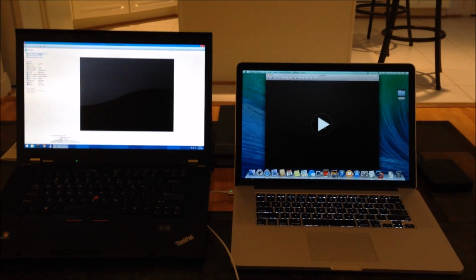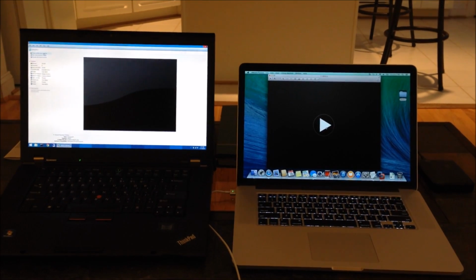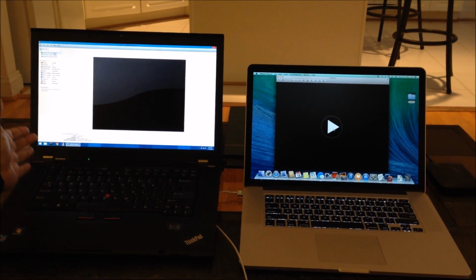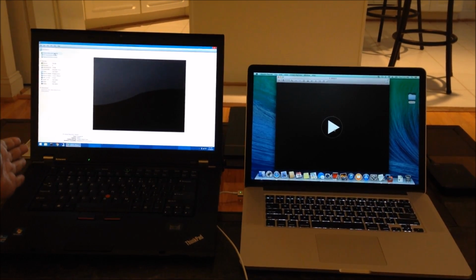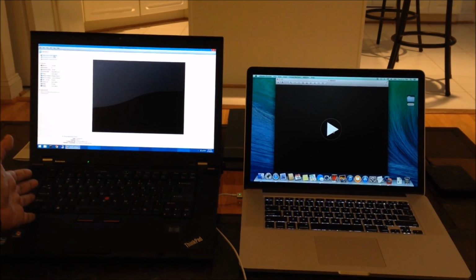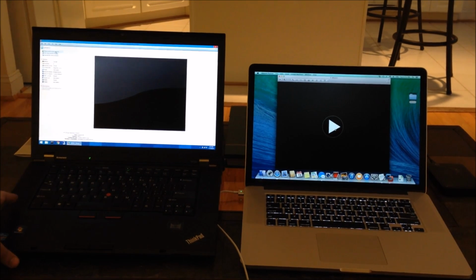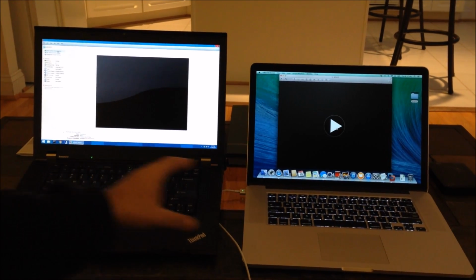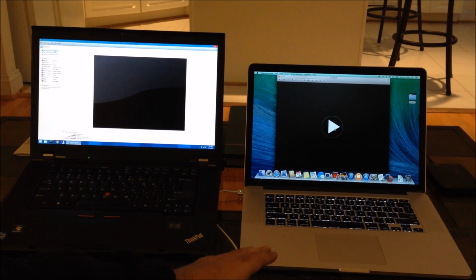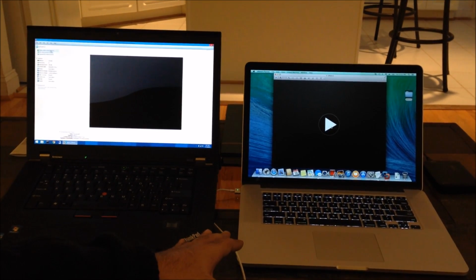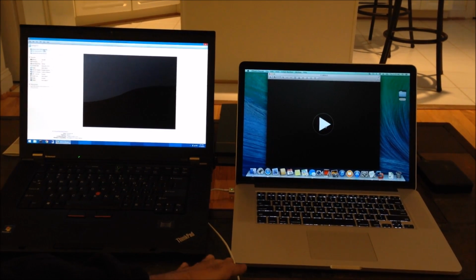Okay, so we're going to compare running SharePoint 2013 in VMware Workstation on the left on a PC. This is a Lenovo W520, SATA 3 SSDs, 32 gigabytes of RAM on the host, Core i7 processor. And on the right, you have a 15-inch MacBook Pro 2013 version with 16 gigabytes of RAM and 512 gigabytes